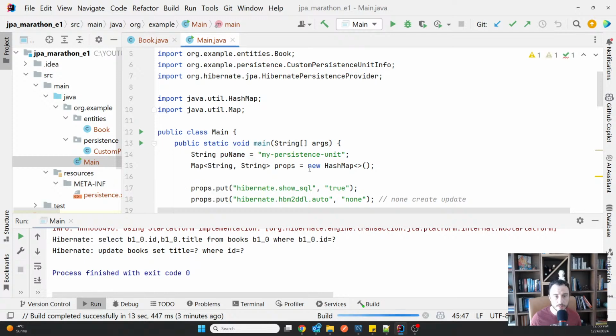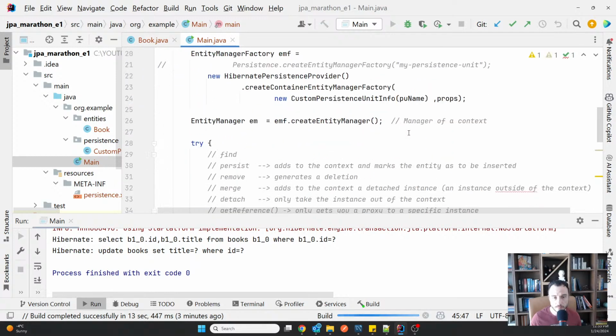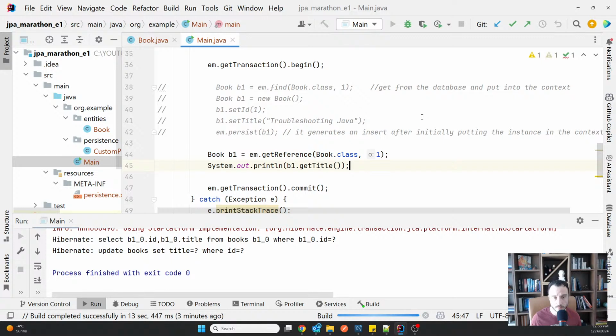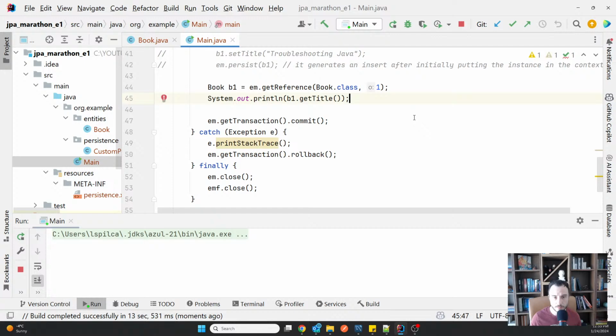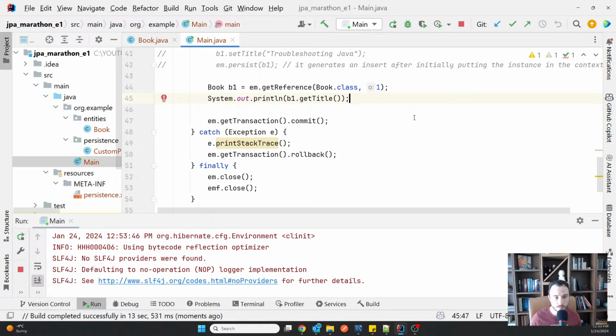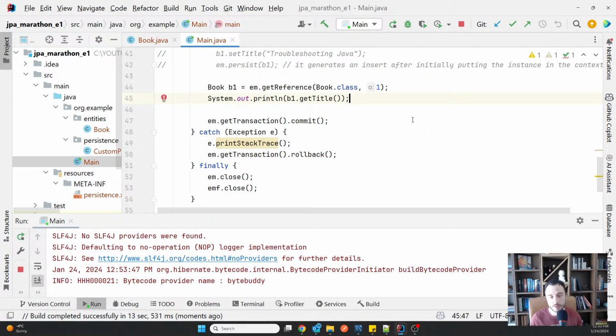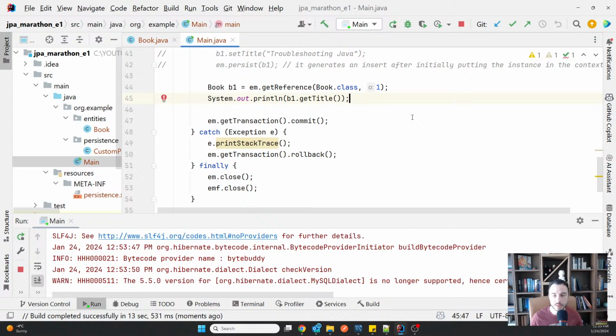So, and run it. And let's see what happens. Now we are running it and we will immediately see what happens.